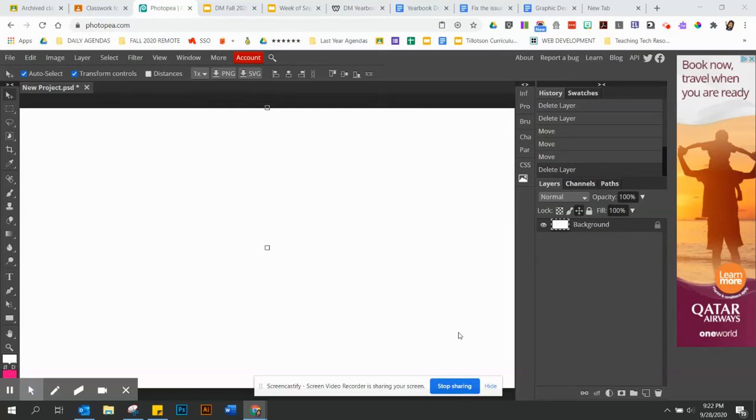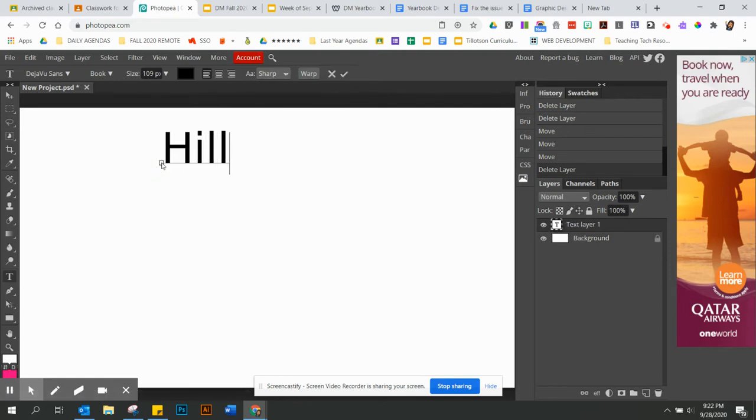This tutorial is going to walk through some tips and tricks for using the text tool and also using layer styles. So I'm going to click on the text tool and I'm going to put each of my words on its own layer, and that will allow me to have the most freedom to move it around. So I'm going to say hill, and then I'm going to click on the move tool, and I want another layer. Clicking on the move tool kind of puts this on its own layer, and now when I click back on the text tool again, after the move tool, it'll automatically put it on its own